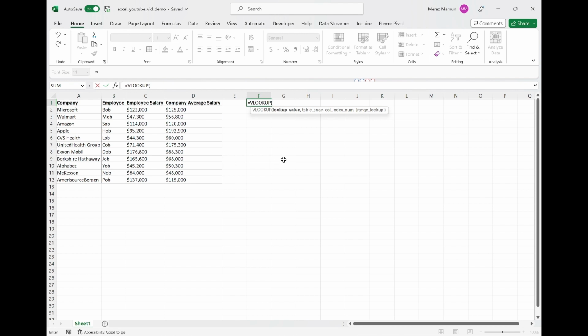So now that we've explained what each of these four arguments mean in the function, let's apply it to an example in this table here. Let's say we want to look up what the employee salary of someone who works at Apple is. So in this case, our lookup value will be Apple in column A. The table array, which generally starts at the lookup value and moves towards the end of the table region, will be from A1 through D12,